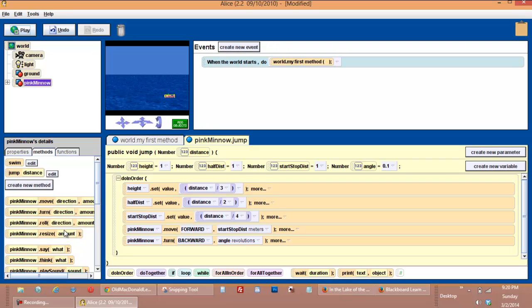All right, and we don't want that to take a full second, because that would basically just pause the whole thing as he tilts up. That should be almost instantly that he tilts up as he starts the jump. So let's set a duration